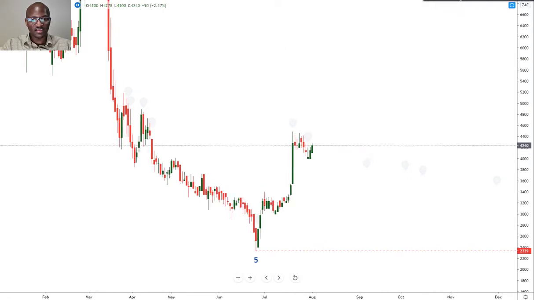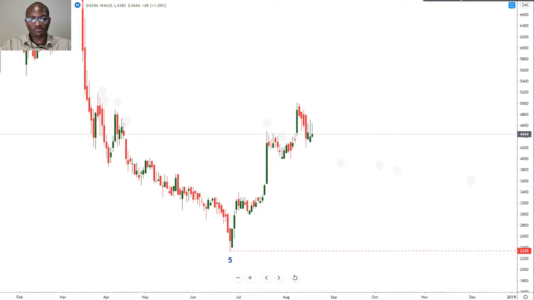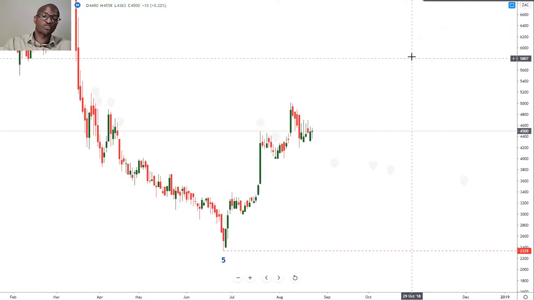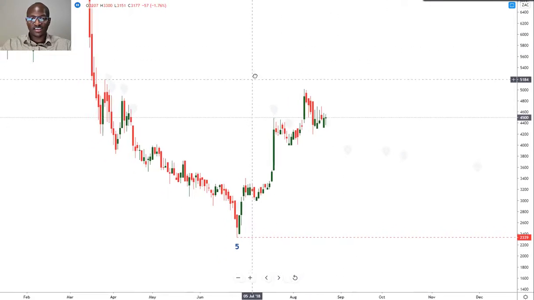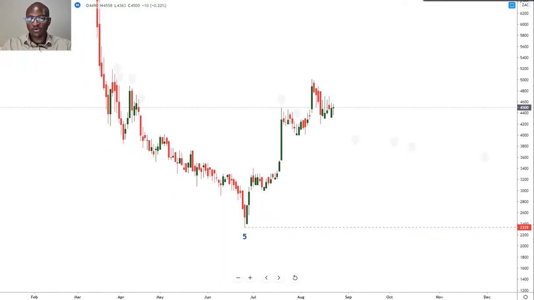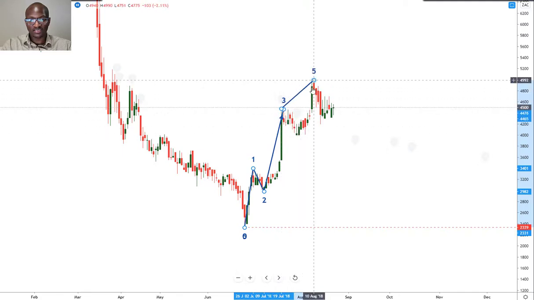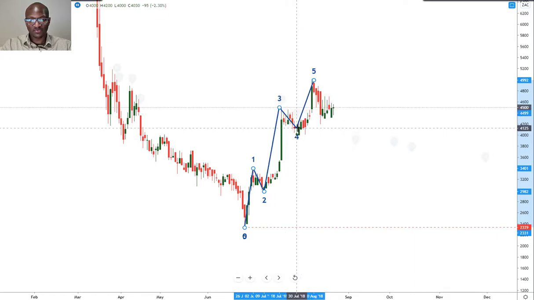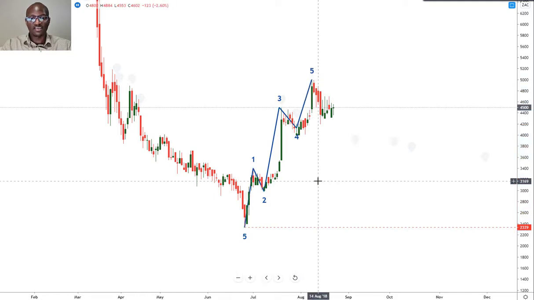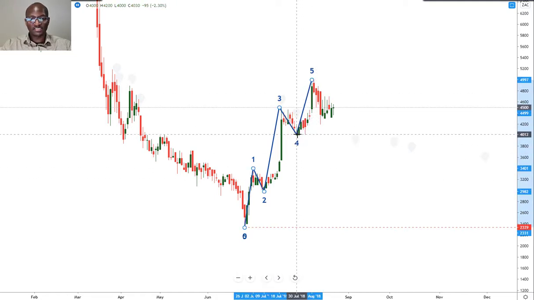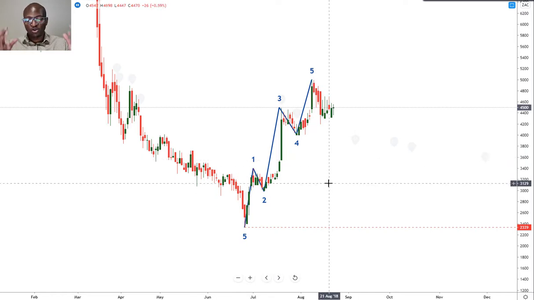And we see another push up before the market starts to recover again. Now, in real time, I would have been extremely confident that this was a 5-wave advance. 1, 2, 3, and a bit of a stuff up there. 1, 2, 3, 4, 5. In real time, I would have labeled this as a 5-wave advance. It looks good. It looks like a 5-wave advance.